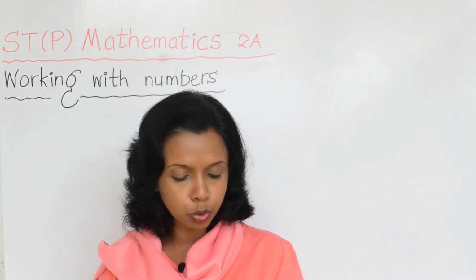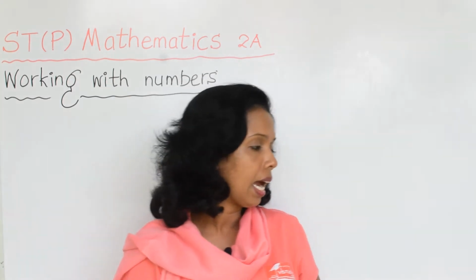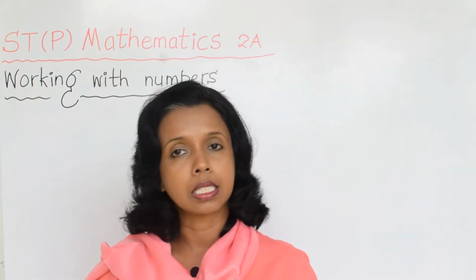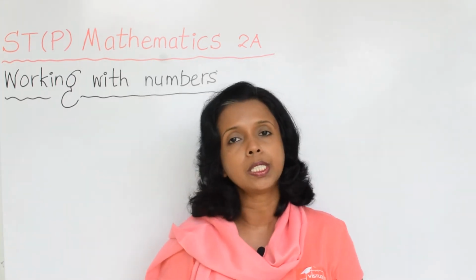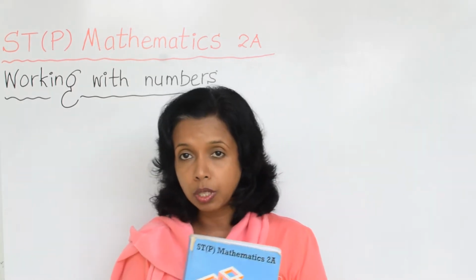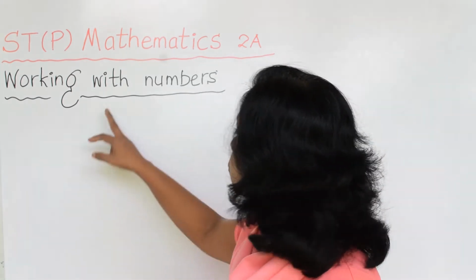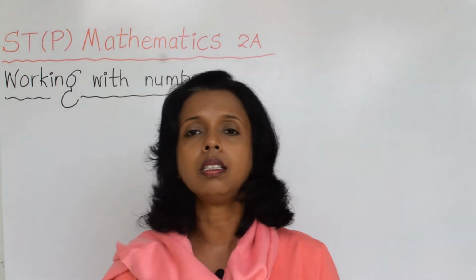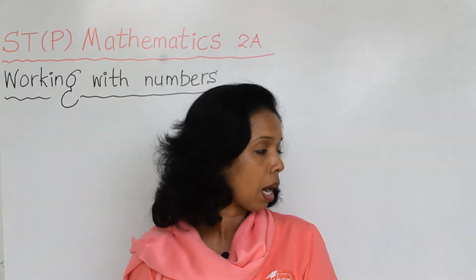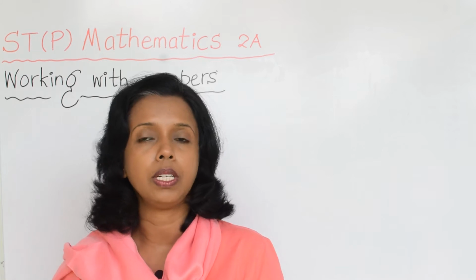So we'll move to chapter 1. It's working with numbers, right? And throughout this chapter we are going to learn about basic mathematical concepts and mathematical operations which help you to follow this book and the theories easily, right? So the first unit is working with numbers. Under that main topic unit you have indices, right? The first thing we want to learn about is positive indices.